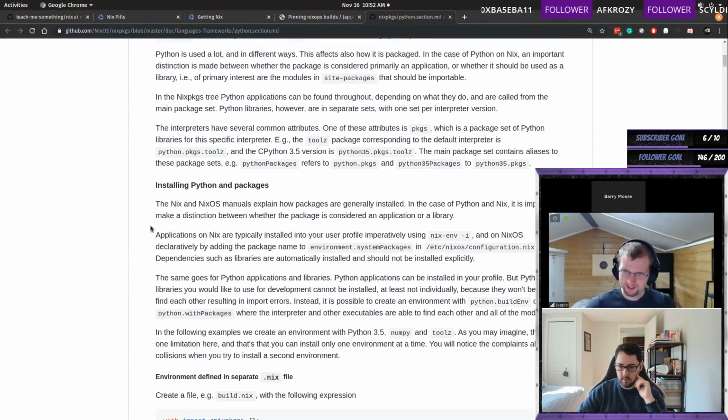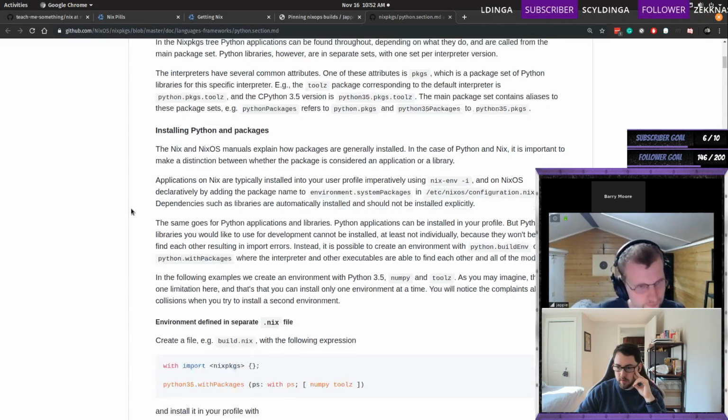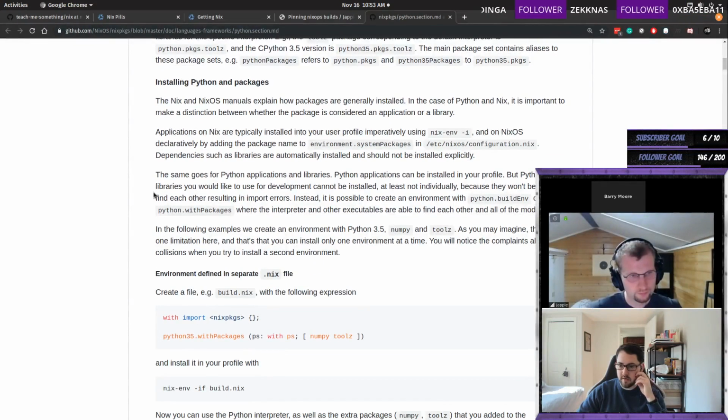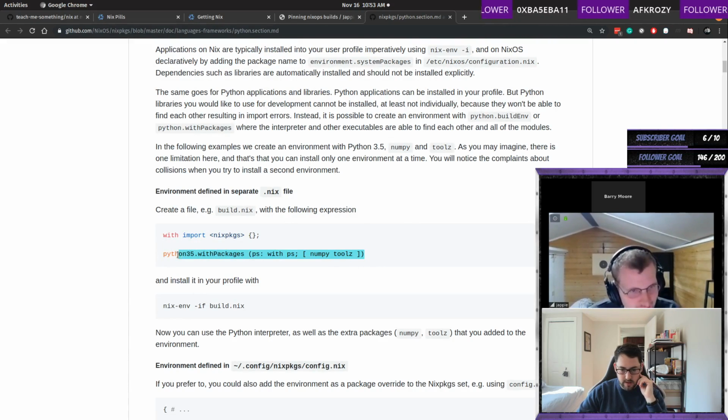Fine. So we need to probably read how to install this thing. The NixOS manual explains how packages are generally installed. In the case of Python and Nix, it's important to make a distinction between whether the package is considered an application or a library. We're gonna have an application, I suppose. We don't want to read the NixOS stuff, right? Because that's not gonna help us. Yeah. I think you can just copy over the thing. Yeah, so we're gonna just take this line, I think,